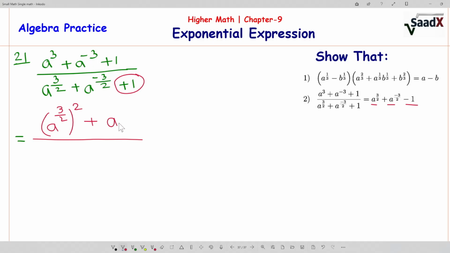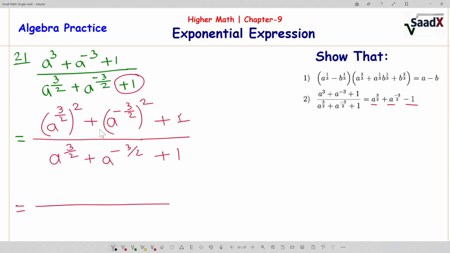So you can write a to the power minus 3 by 2 and whole to the power 2. Okay, so this one is a similar thing: a cube plus a to the power minus 3, and plus 1 will be unchanged, and the denominator is a similar thing, a to the power 3 by 2 plus a to the power minus 3 by 2 plus 1. Right, and then